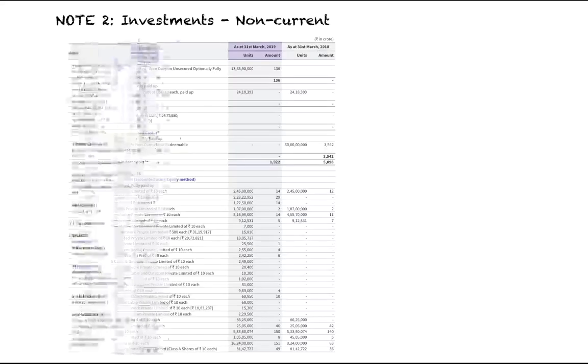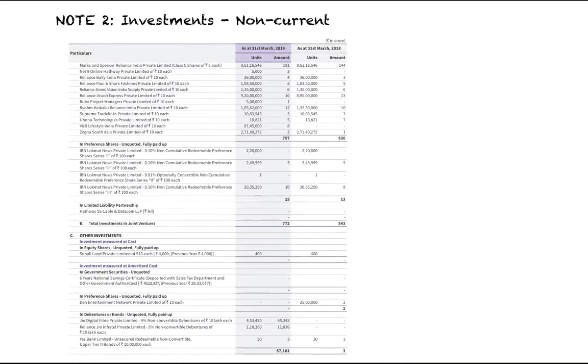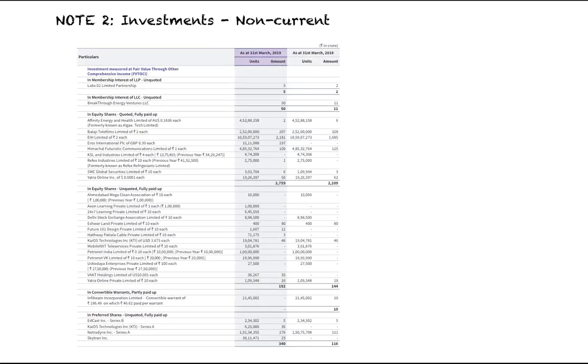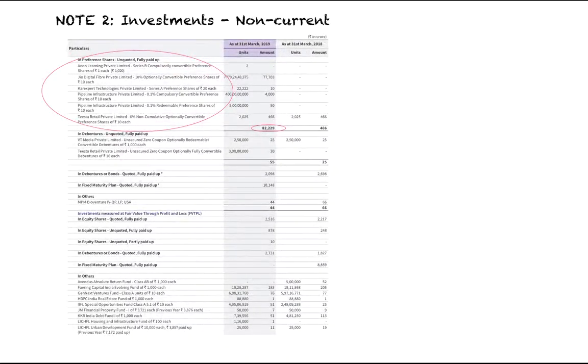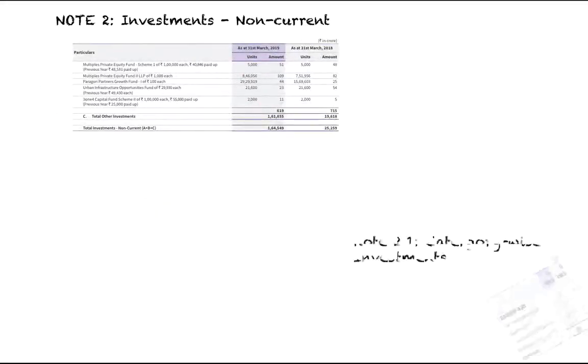So non-current investments, you see this is a big company, it's running into pages. Those interested can pull out the balance sheet and read. I have highlighted the main ones here. They have invested in debentures of Jio Digital Fiber Private Limited, Reliance Infratel, it's about 57,000 crore. Then next page, also in the preference shares of the same Jio Digital Fiber and various other companies, totaling to around 82,000 crore, all these preference shares investments. And others are small, so I've not marked them. That's how it is running into pages.